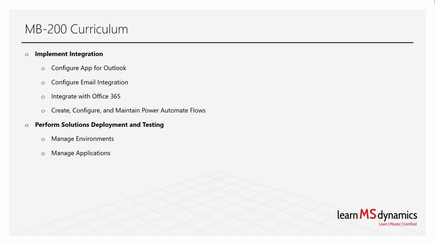The next one is manage applications. You should know how to manage applications using Dynamics 365 Admin Center and using solutions. After that, you must know how to configure and perform system administration. There are a lot of configurations that you can do. You need to know about connection roles, languages and locales, currencies, subjects, custom help,